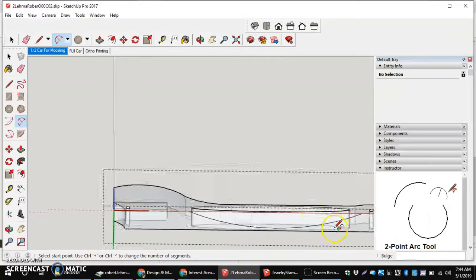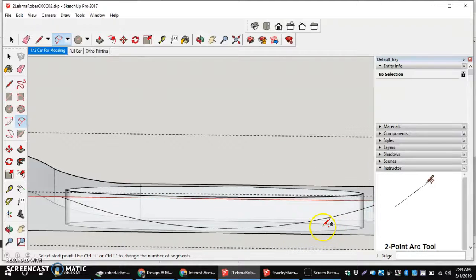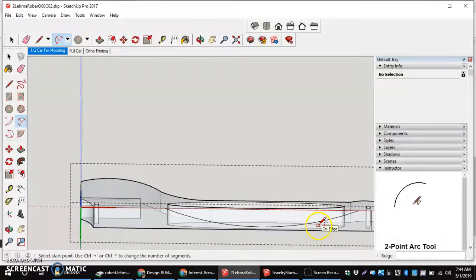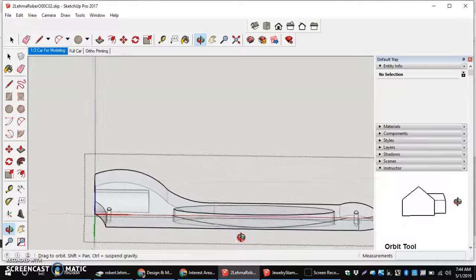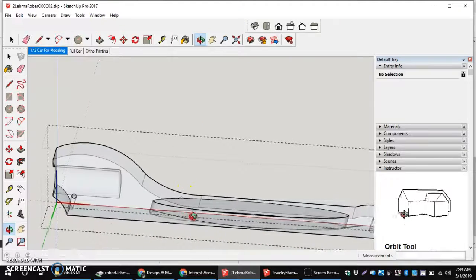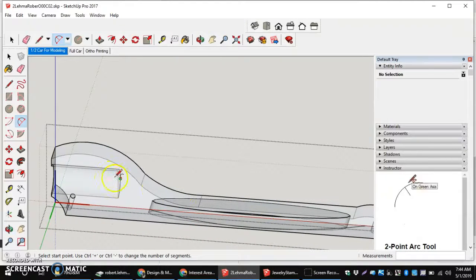18.1. I can always adjust after I click. I can enter another piece of data and it would change that. But 18.1 is fine for me. Now I have that bottom surface to be able to do a push-pull through the top. So I'm going to orbit where I can see the bottom surface, but I can start to see the front view also. And then from here,